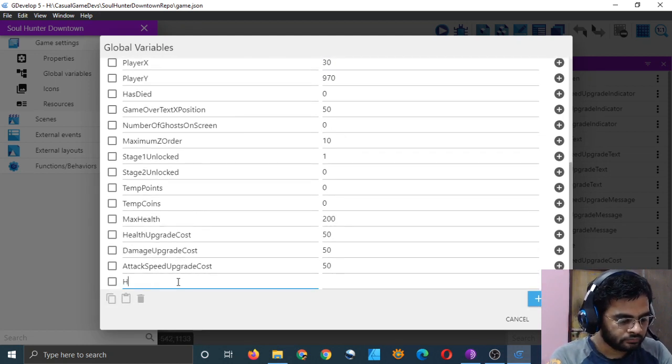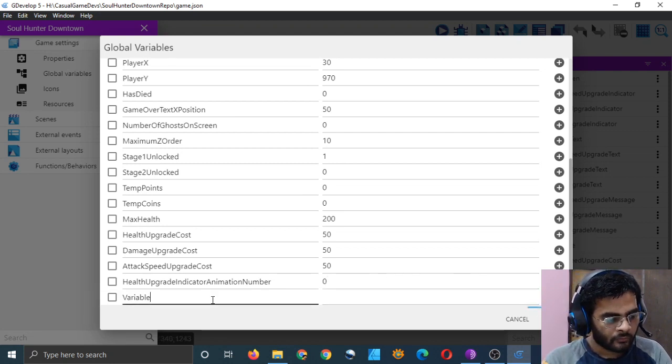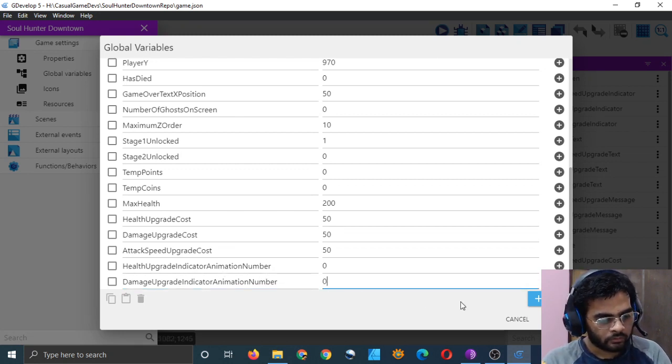So I will just add three more global variables. Health upgrade indicator animation number. Such a big name. Health upgrade indicator animation number is 0 by default. And now damage upgrade indicator animation number is 0 by default.